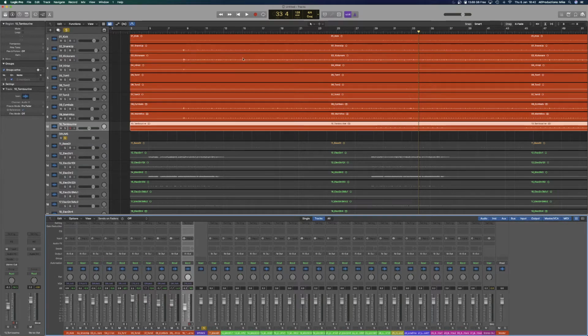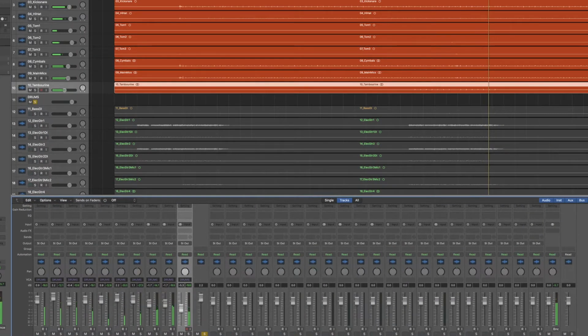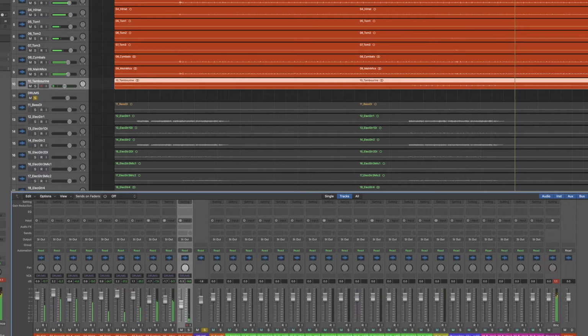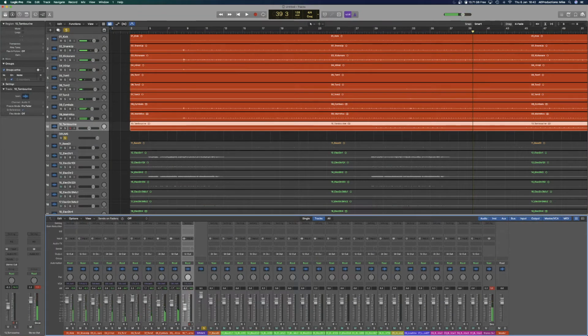So right now, if I just play my drums, there's no risk of me accidentally turning up a whole section by the groups being off. If the groups are on and you move one slider all the way down or all the way up, you're going to affect the whole section, and sometimes you can do that without meaning to. So to me, this is a safer way of controlling the volume, muting and soloing a section,